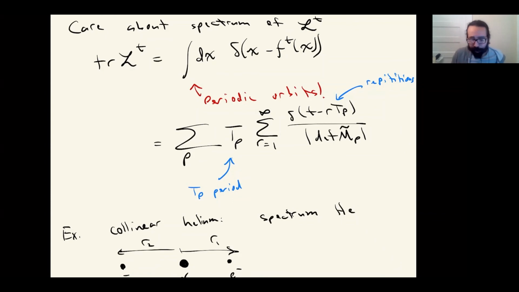But I think that's still a slightly non-trivial fact: that this integral is determined entirely by all of these local features of these periodic trajectories, and it's an exact statement that relates it to the entire spectrum of the time evolution operator. I think there's a lot to unpack there.